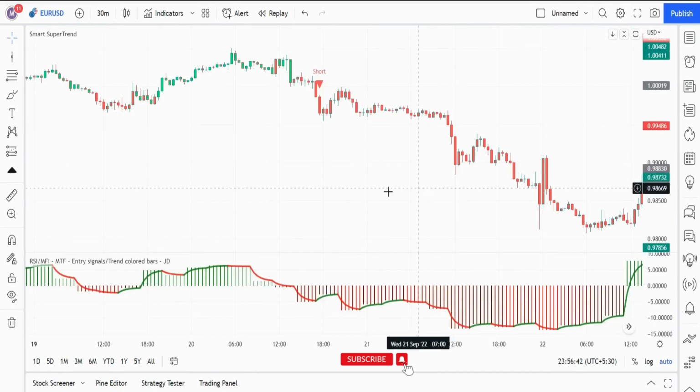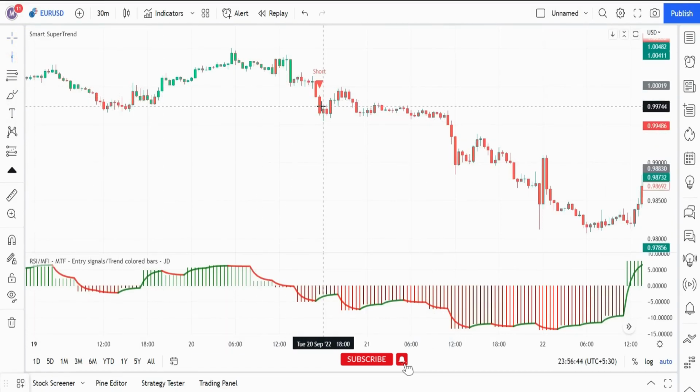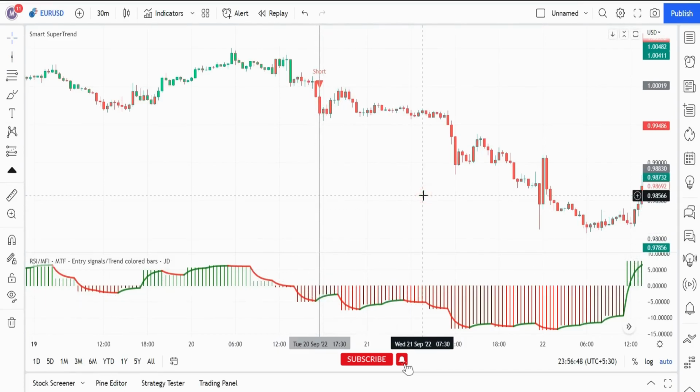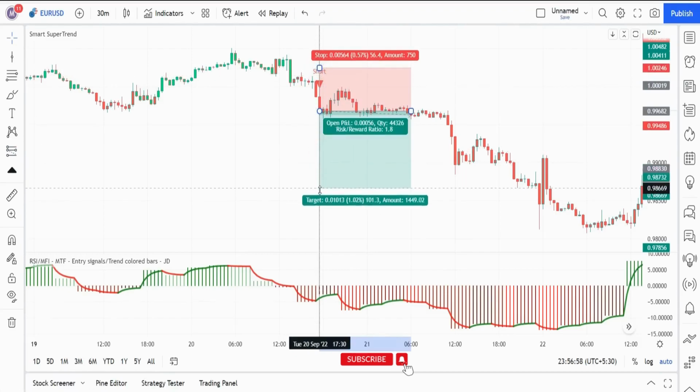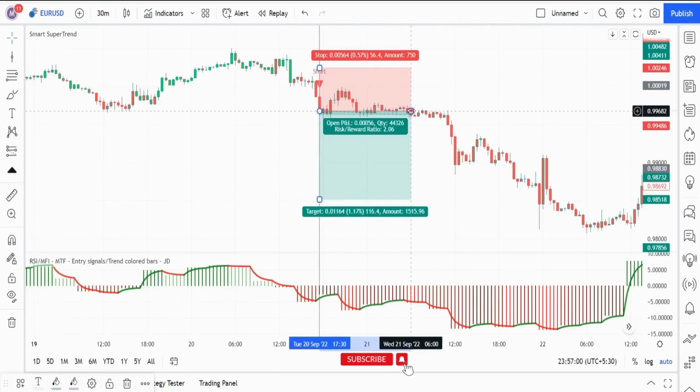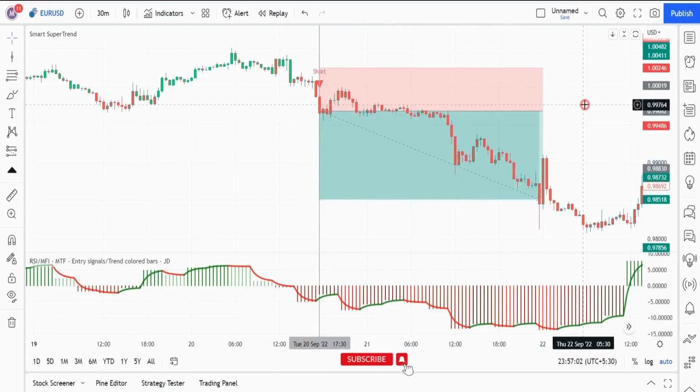Let's say the indicator has worked with the first one. Here we got a bearish or sell signal, and if I draw a line exactly on this candlestick, we can see that the RSI Histo is red. So we're currently in a descending trend and we are allowed to enter only sell trades. So this signal is valid and we could have entered a trade using it. If we were to do that and set our stop loss to here, we would have made a lot of